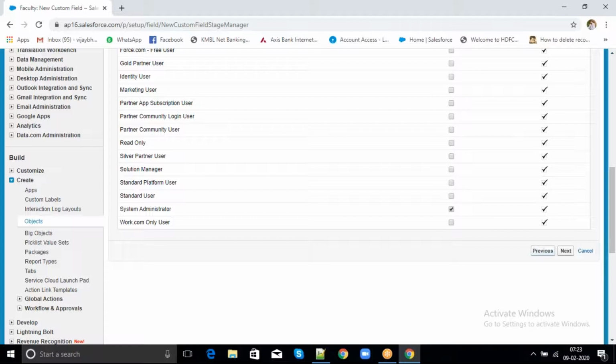So this is an auto number, right? We cannot enter that auto number. It will be generated after saving the record. So for auto number, we can't edit it. It's a read only field.